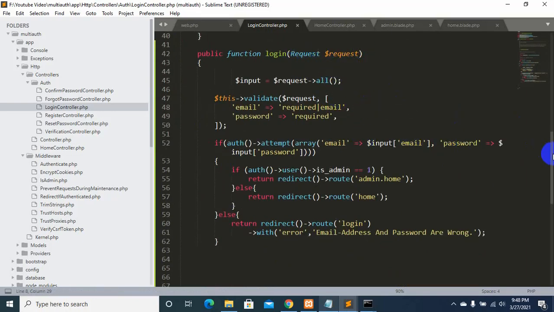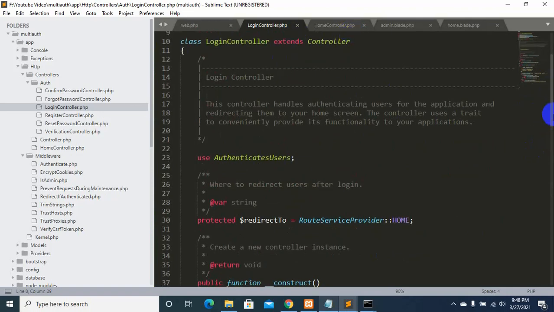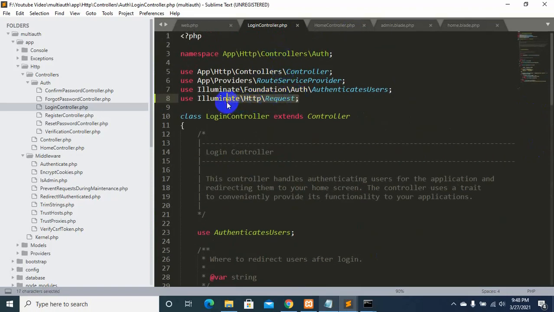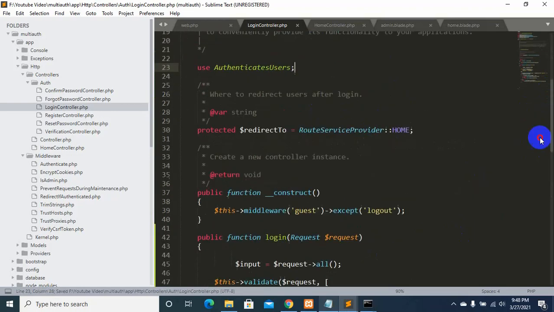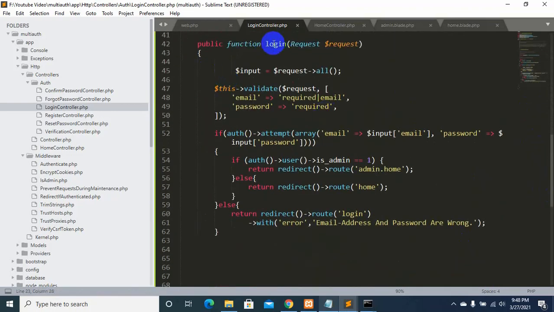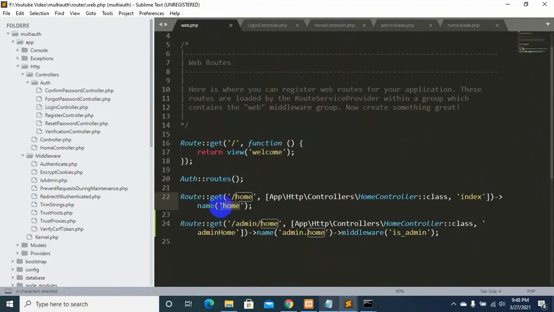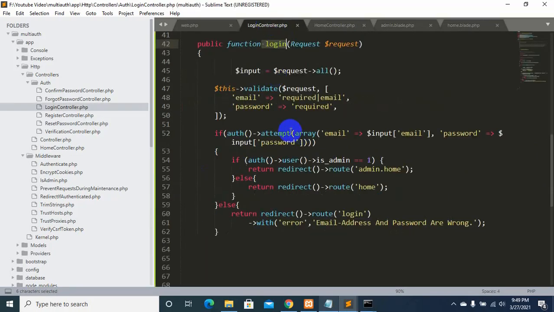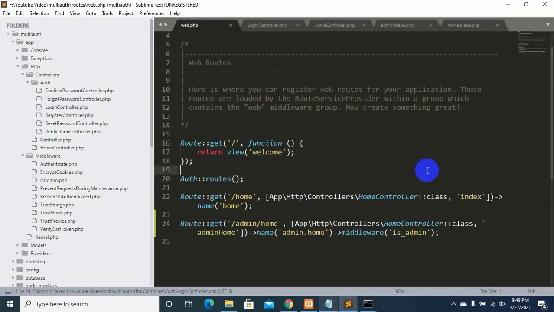So we need to add this line. Okay, and you might be wondering, we are not calling the login function, right? How will we get to login, right? You can see over here the auth route, right? It will automatically call our login function. Okay, so let's save everything.